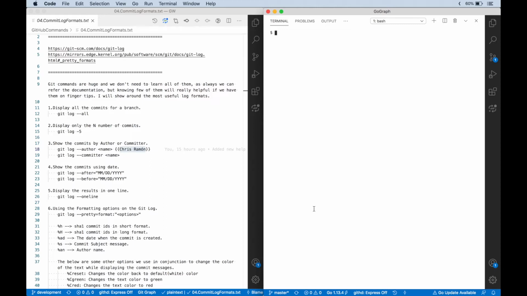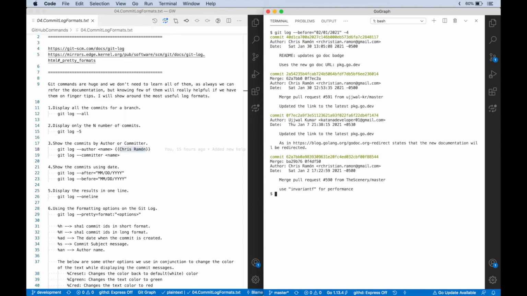Now, if you closely observe, these commits are spanned into multiple lines. If you don't want to see that and want to see them in a single line, the command we use is git log hyphen oneline. As we know already, we have 943 commits. I'm going to apply a filter to see only the last 5 commits. The syntax squeezes the output into one line format.